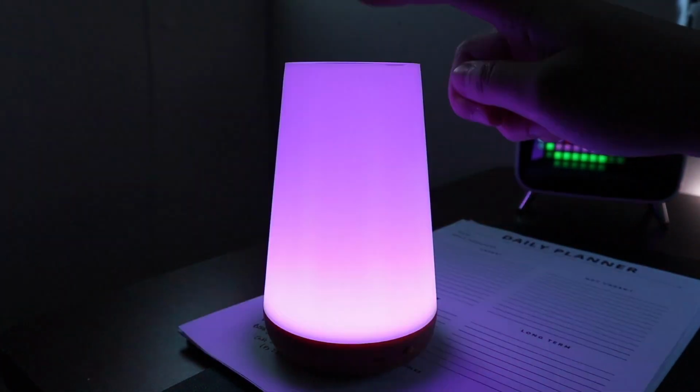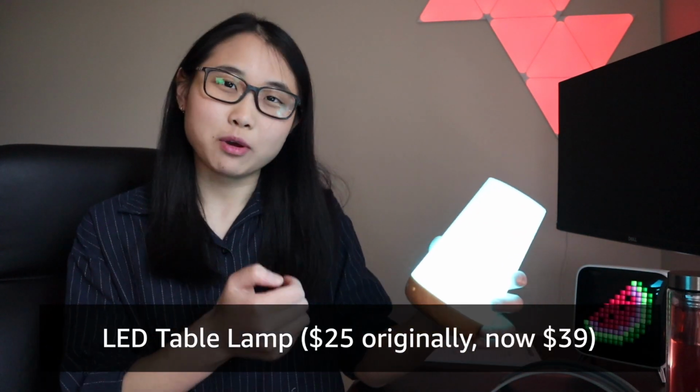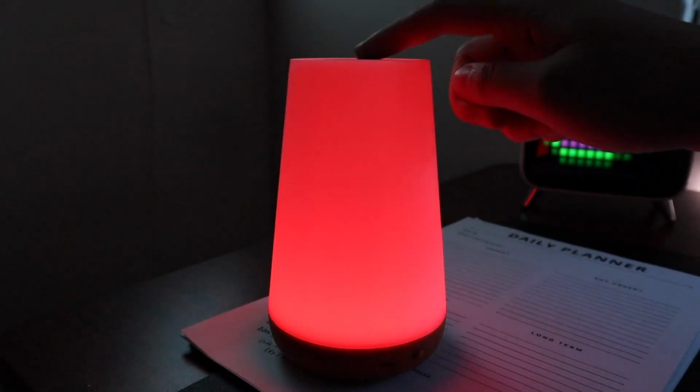Next, I have this wireless rechargeable lamp. You can change the color just by tapping on it. It's RGB. You can also use a remote control to control the colors even further, but I think I lost the remote. But yeah, it was $25 and I think it was pretty worth the price,